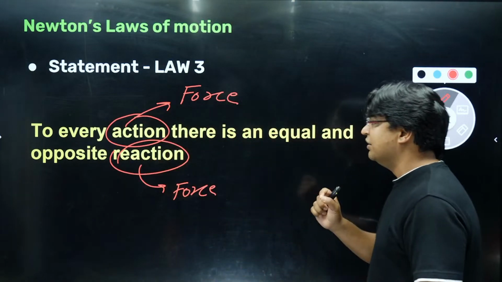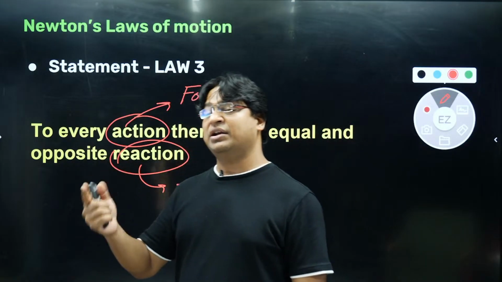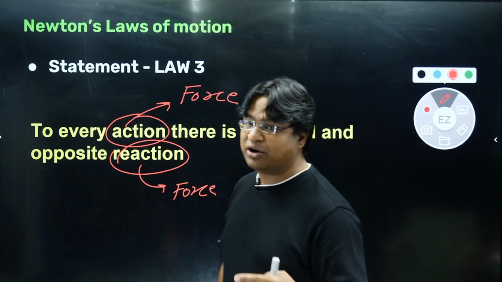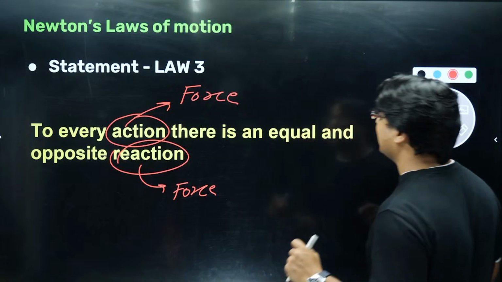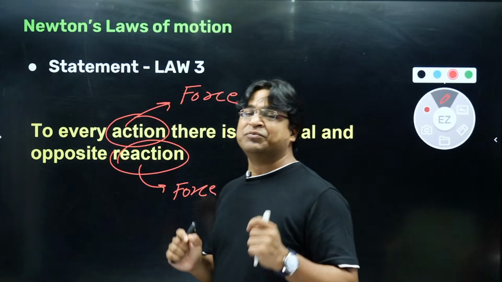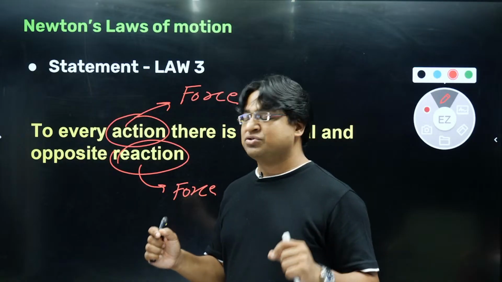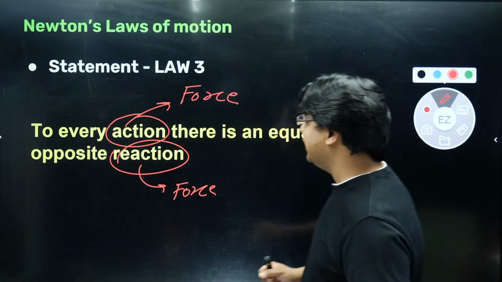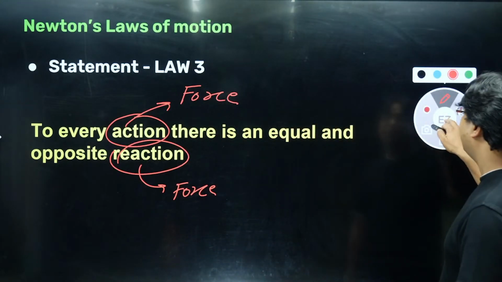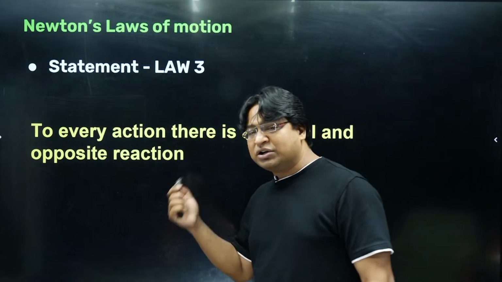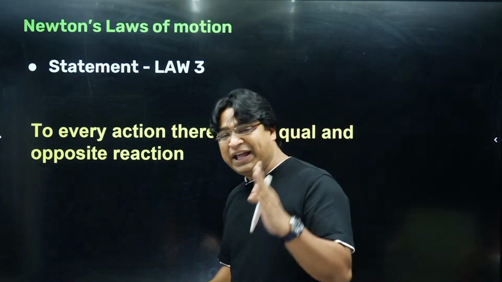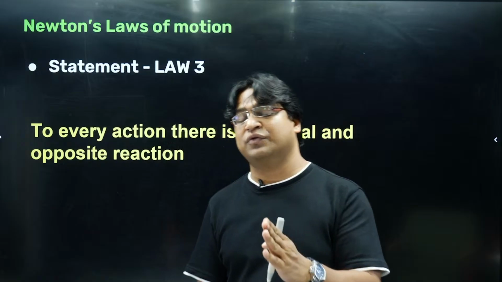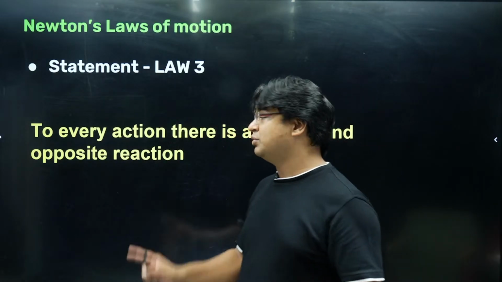So what we are saying is that whenever there is a force, there would be another force which would be equal and opposite to that force. Now, on which entity this force will act and all other things, we need to talk about that. But the first and foremost idea that we all must have is that forces occur in pairs. So if there is a force, there will be another force which will be equal and opposite to this particular force. So to every action, there is an equal and opposite reaction. An alternative way to tell this statement is that if A is exerting a force on B, then B will exert an equal and opposite force on A. That would be an alternative way to tell the same statement.